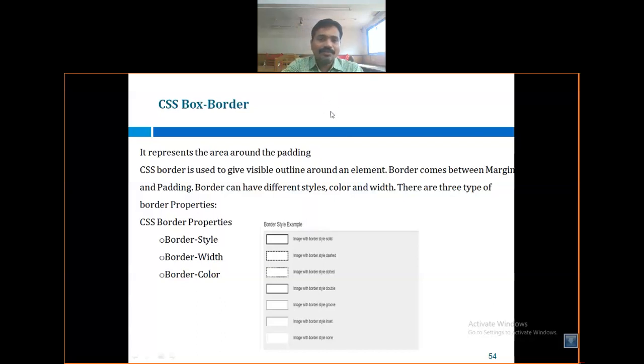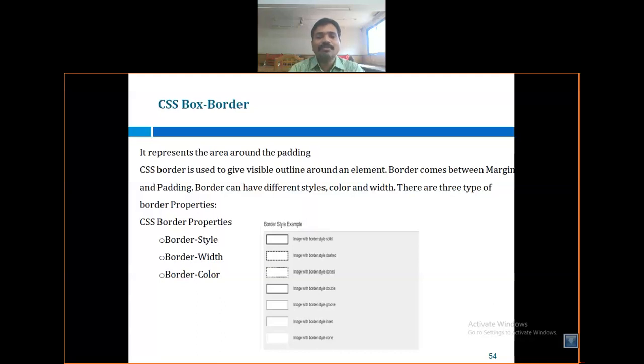So this is the way we can make your borderline. Borderline is nothing but a line you can make as whatever you need, a dotted line, a dash, a dot, all things you can make, on the box of your complete web page.